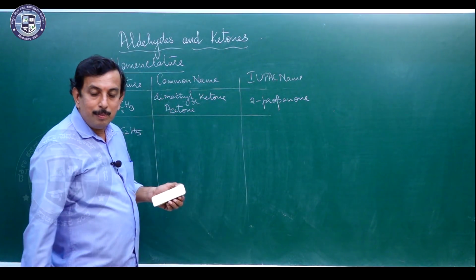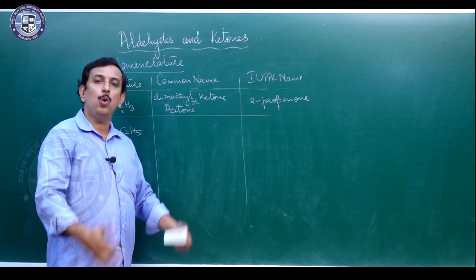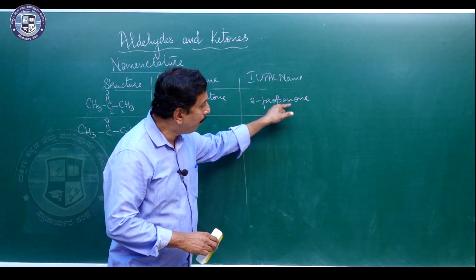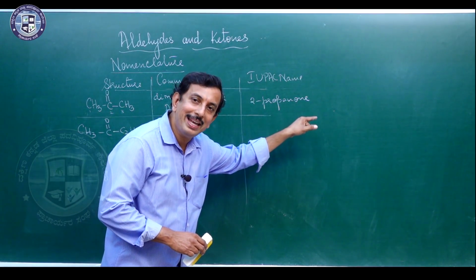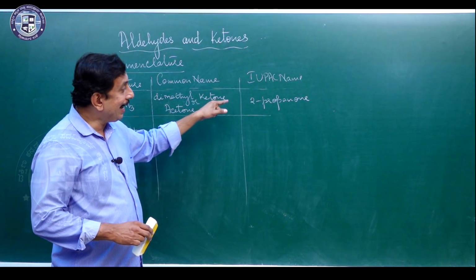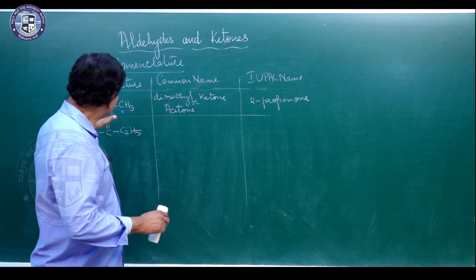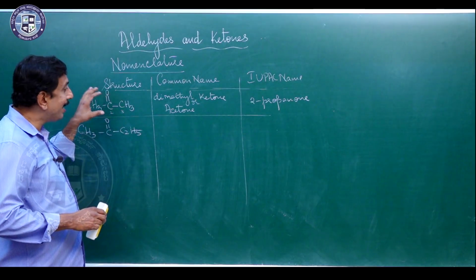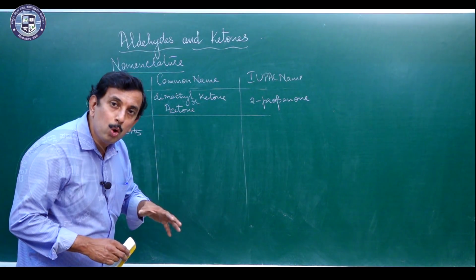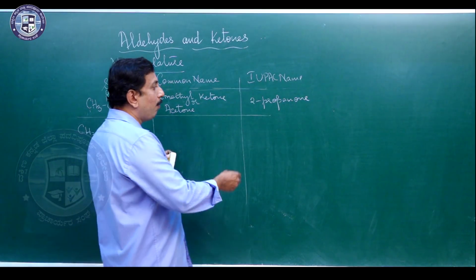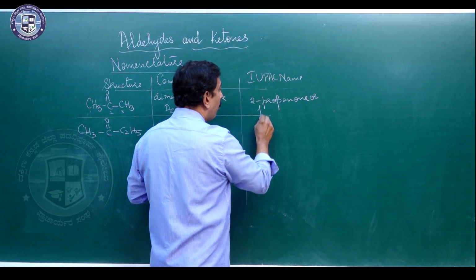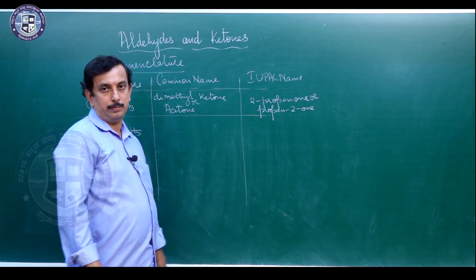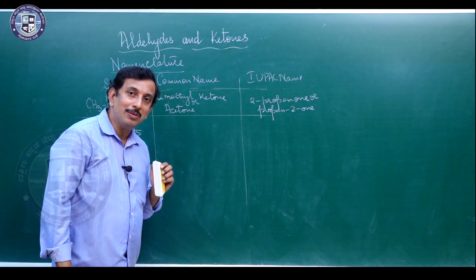2-propanone, or simply I can call it propan-2-one. Both are the same. You can see here with 3 carbon atoms, propane, remove the ending E, add the word ONE. Or I can write it as 2-propanone mainly because the carbon atom is a functional group here, that is a keto functional group, and that is at the second position. So, propan-2-one or 2-propanone. This is how we can name this compound.